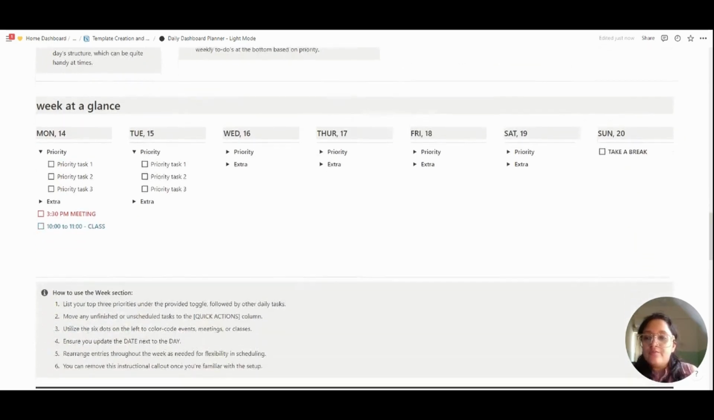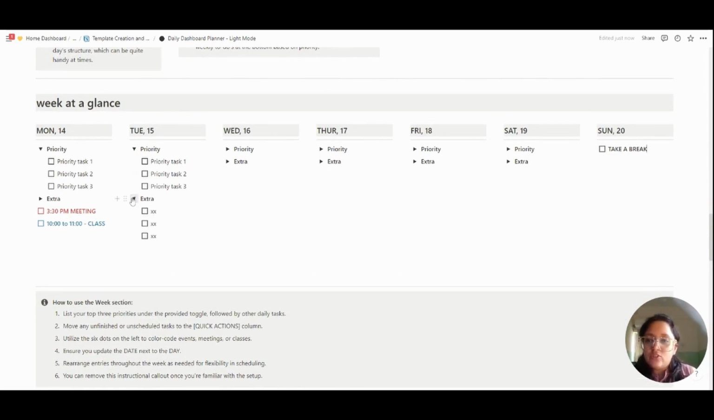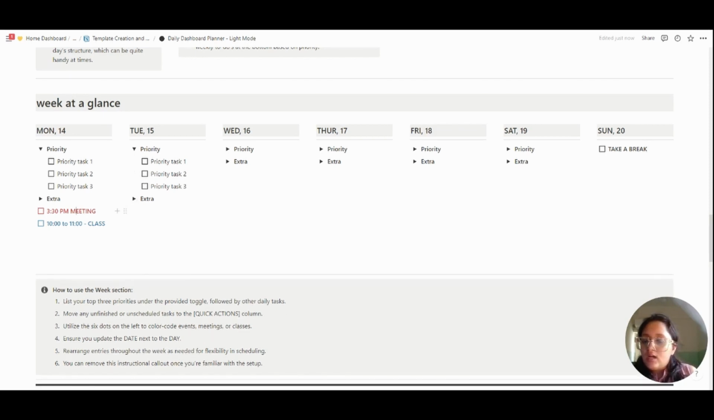Now let's move on to the week at a glance. This is my most used section. I normally write all the tasks which are of high priority and I make sure that they get done, and then I add the extras in here. I also add any meetings or classes that I have to take and I color code them. You can very well use the color code button here,